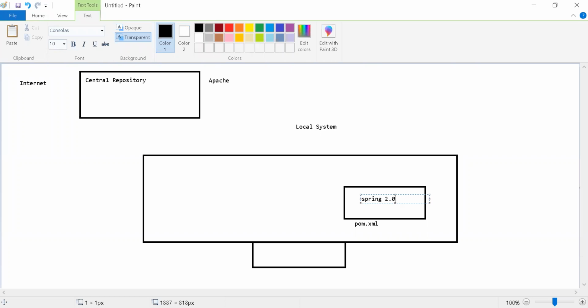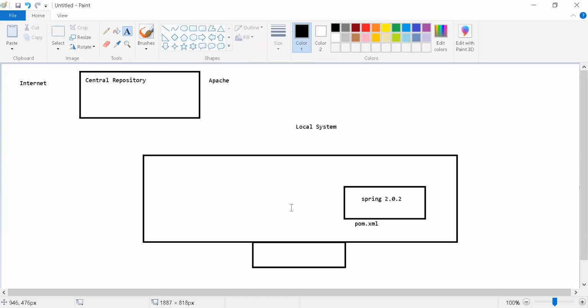2.0.2 dependency in your project pom.xml. Then what happens? Locally we have one more repository, that is called the local repository.